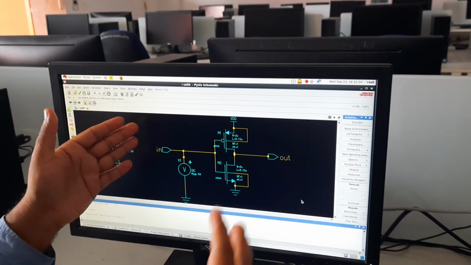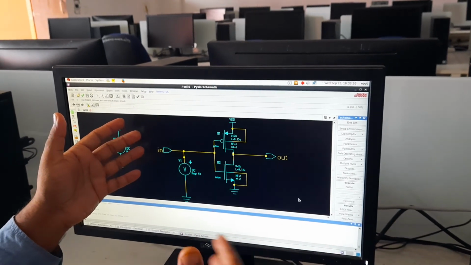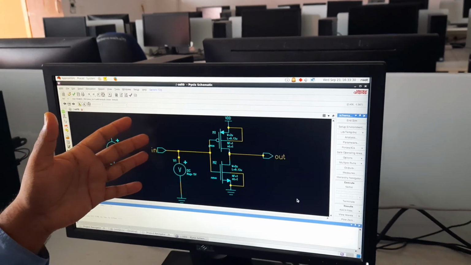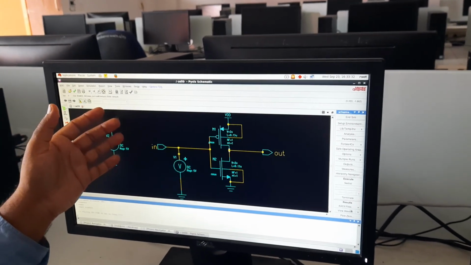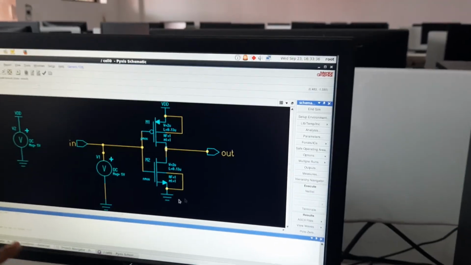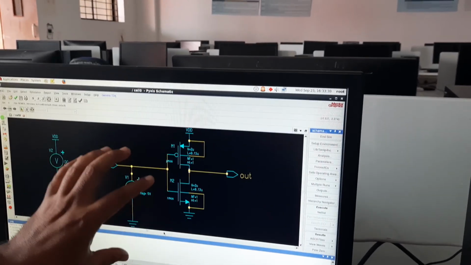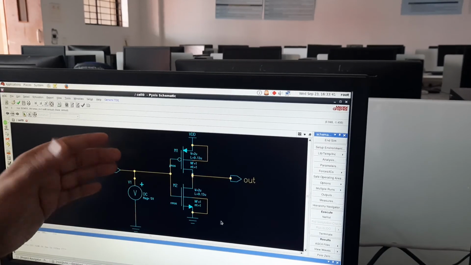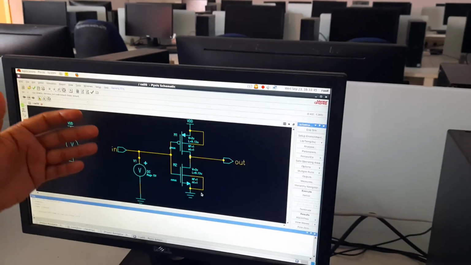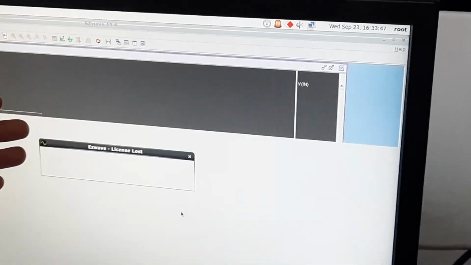EZ is a simulator. In the simulator you check your waveforms, or you say that this is my DC simulation. So I think we click on this view waves and plot latest waves. So in the background the simulation is going on. Based on your connectivity, if the connectivity is good, your simulation is fast.